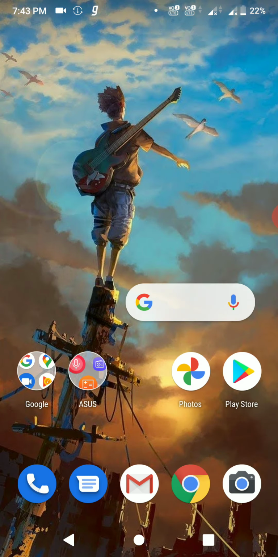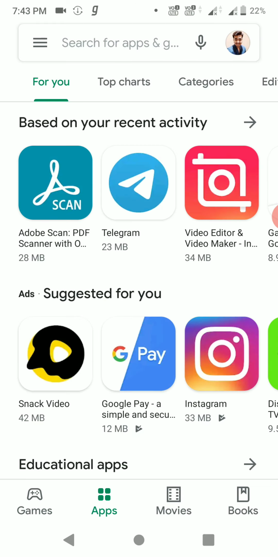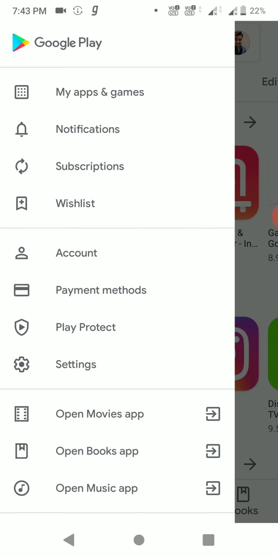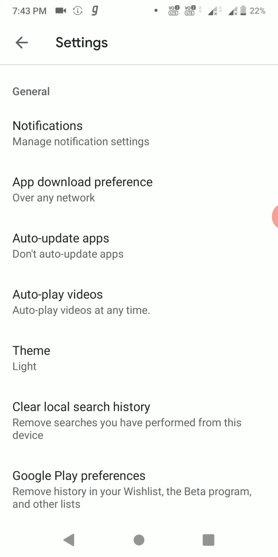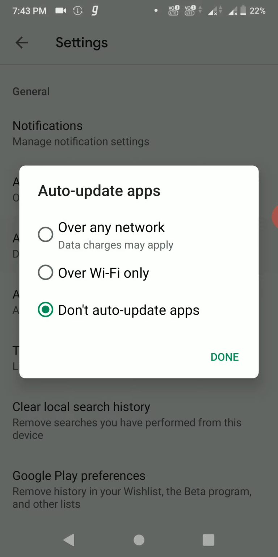Also, for safety, go to your Play Store, click on the three dots on the main home page, then go to settings, and here you can see auto update apps, and then click on do not auto update apps, so that you do not move to the new rolled out version and are not frustrated again with that suggested post section.